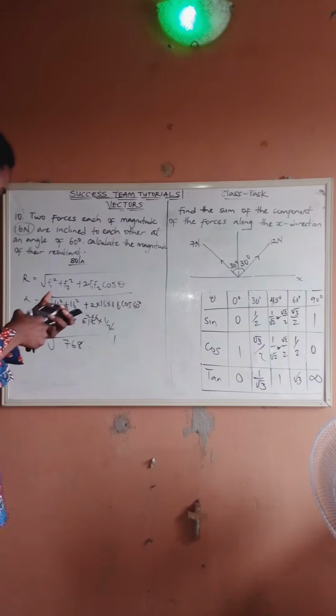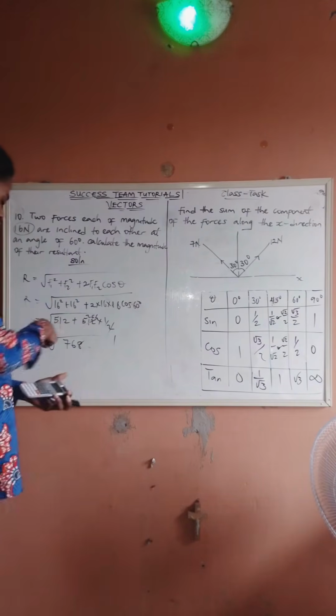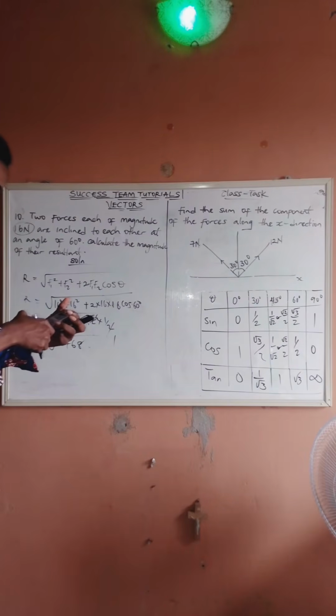So the square root of 768 is going to give us